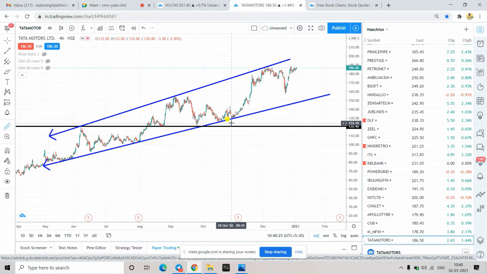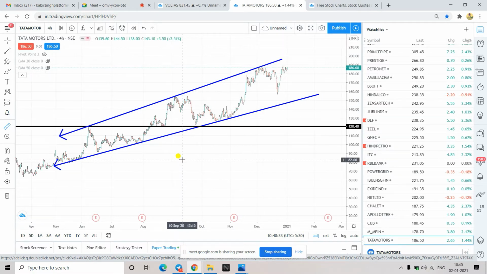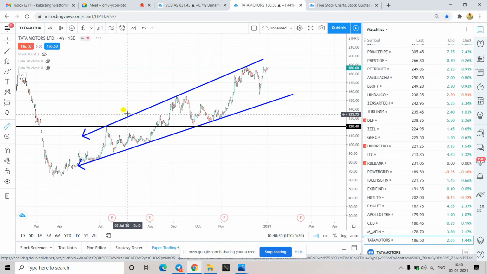If you are trading based on SNR, then here there is one support, so the next support would be somewhere here. Then you also have to see the past. For example, here I am seeing that the price is somewhat fluctuating, so I can understand it will be difficult for the price to go up, and then here also there is some kind of support. So somewhere here you should be looking to book profit.